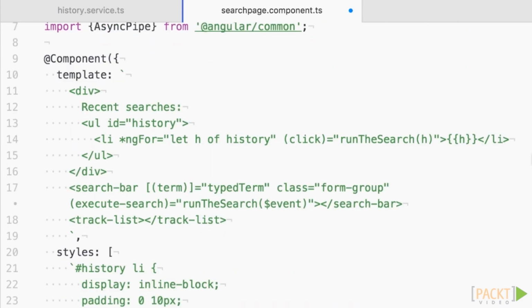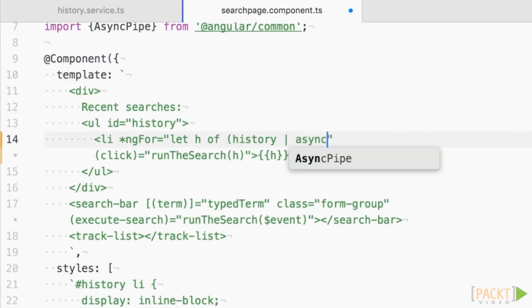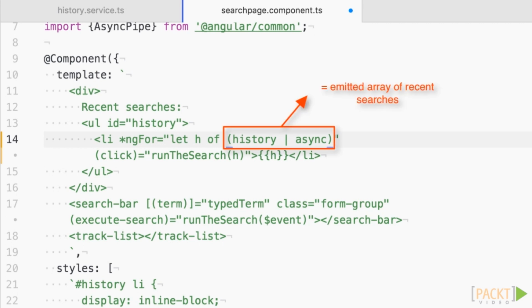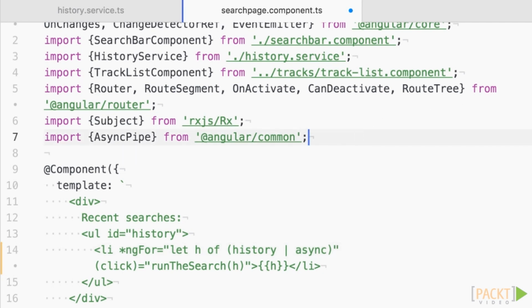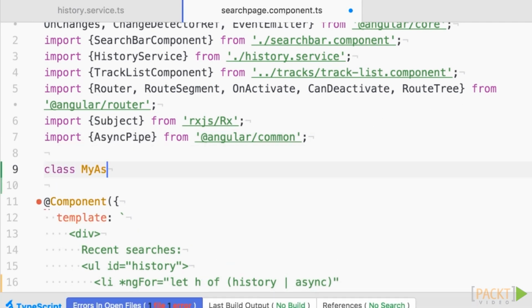Now to make this work, we can pipe history, which is the observable, into the async pipe. The async pipe will keep track of whenever a value is being emitted, and it will set this history pipe async to be equal to the latest array that has been emitted. Now before we have a look at that in the browser, let's create our own async pipe, which extends the